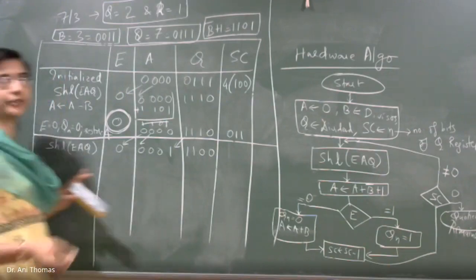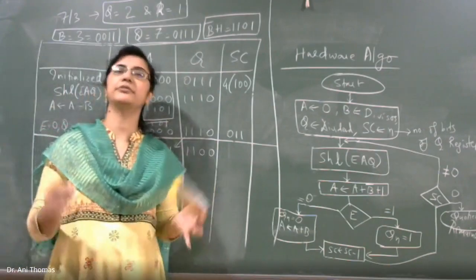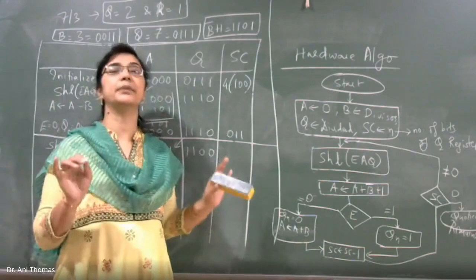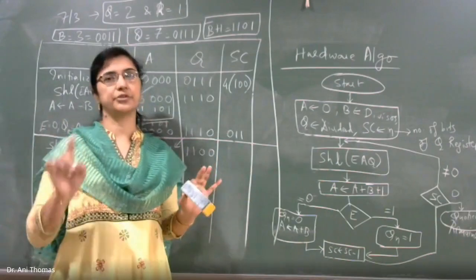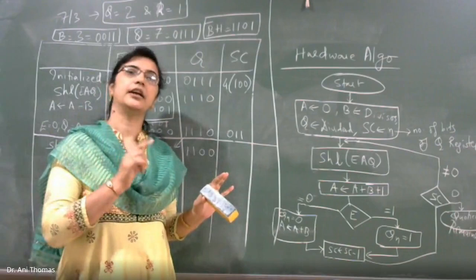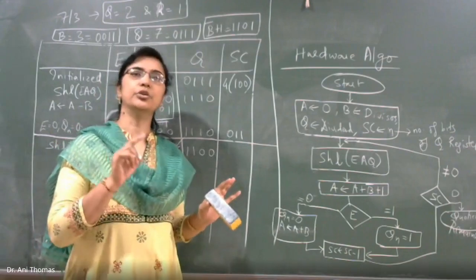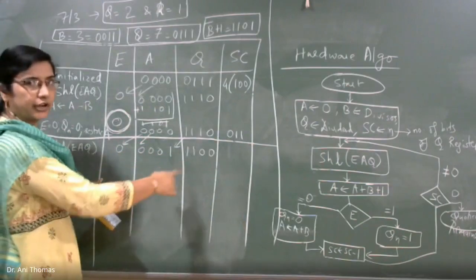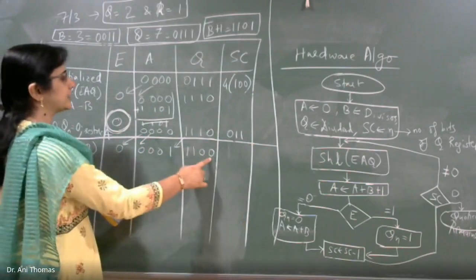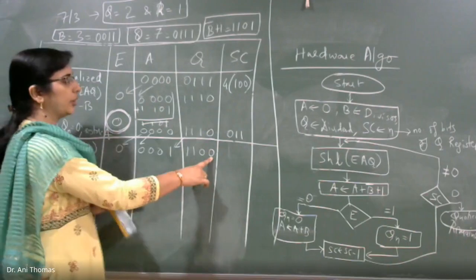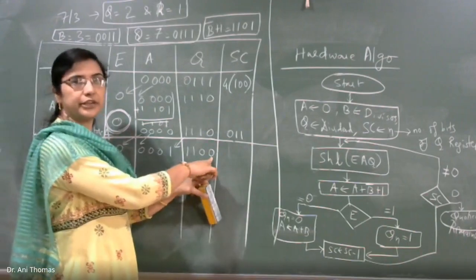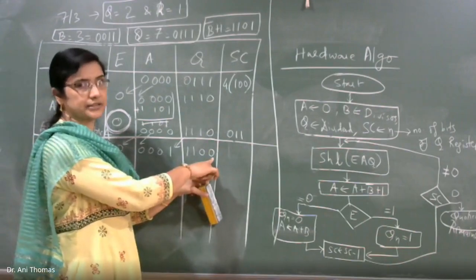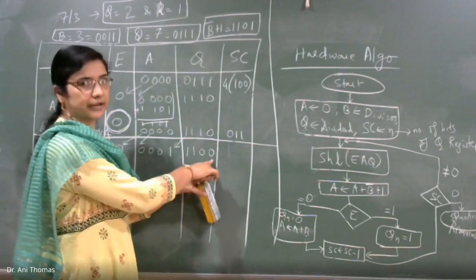It's a simple shift left operation, not an arithmetic shift left, not a circular shift left. It's a simple SHL operation. Each bit will be shifted left by one bit. All are shifting to the left and we insert a 0. This 0 depends on the value of E, and it can change once we do the subtraction.